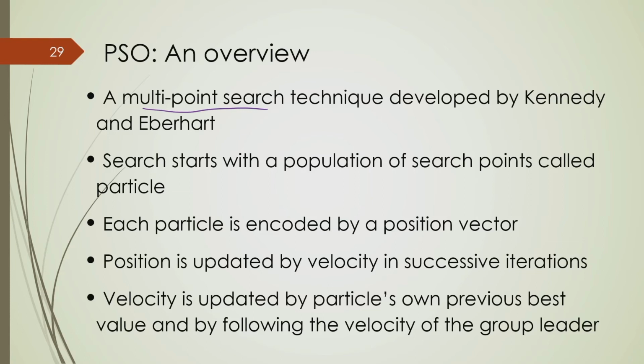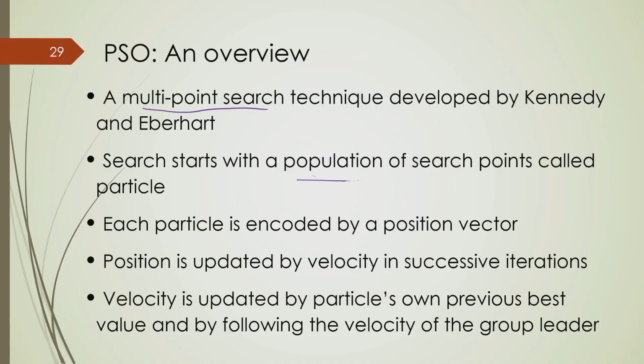At the end, we will get a set of solutions, among them we have to select the best solution, and that is what we consider to be the optimal solution. So, we have a population based search technique, and each potential solution is called a particle. Each particle in particle swarm optimization represents a potential solution,